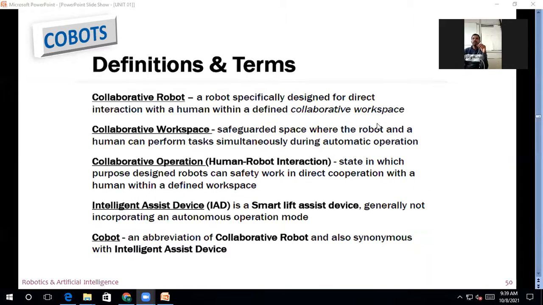We started the last lecture with the cobot. What is meant by cobot, and after that we saw the various applications related to the cobot. A collaborative robot is a combination of human and robot. It forms a workplace which involves both human and robot. The robots working in that workplace are known as collaborative robots.